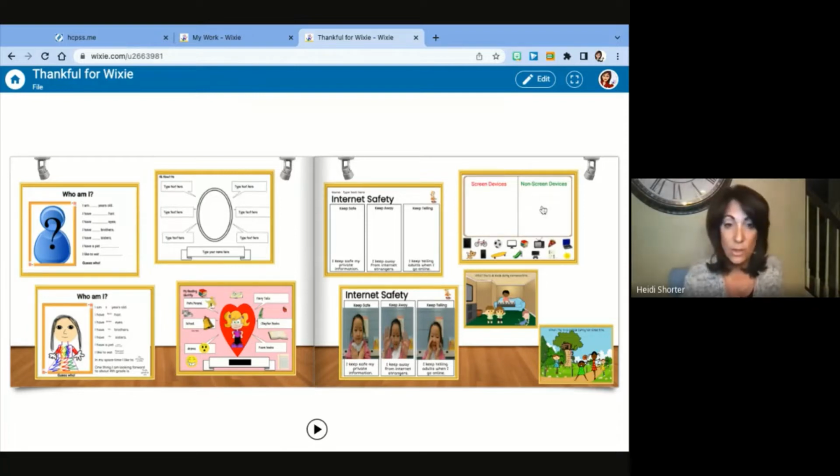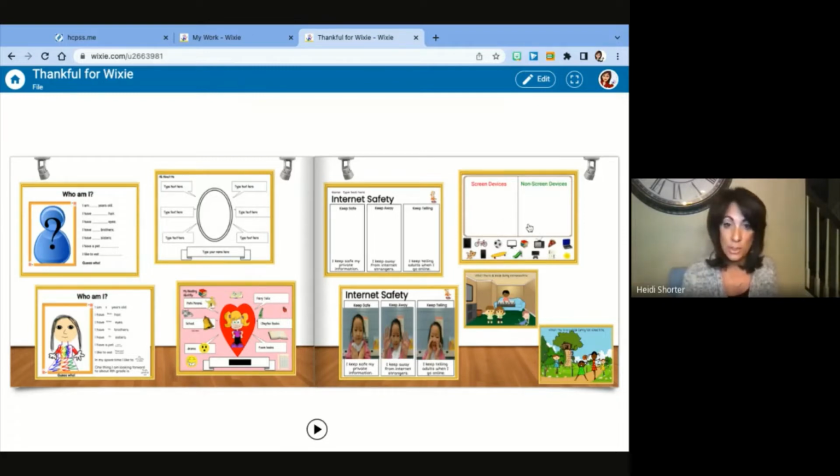And then the next one is also a digital citizenship activity where we talk about screen and non-screen activities. And so we really try to identify with the kids healthy parts of screen time, and then also ways to keep yourself active and not just always on a screen. And so this is a 3-page template